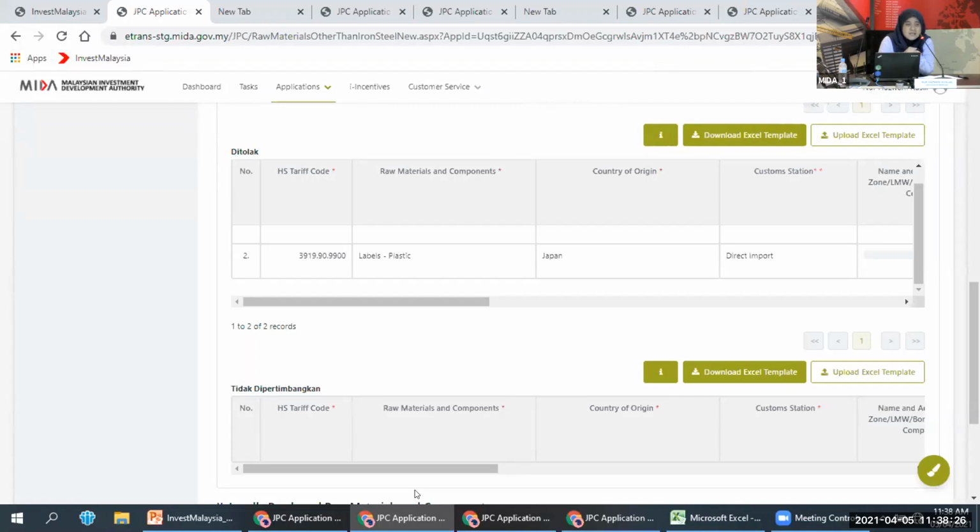data first. If your approval is through Invest Malaysia, means after July 2020, then you don't have to key in the previous approval. As what I mentioned earlier, previous approval is related to the exemption approved prior to Invest Malaysia, means before July 2020. Because from the exemption, you might want to apply for additional quantity. You might want to apply for extension. You might want to amend that approval. So you need to key in that previous approval first.